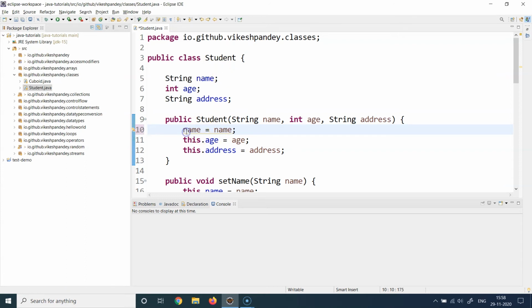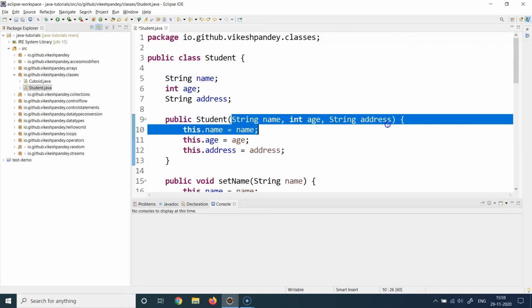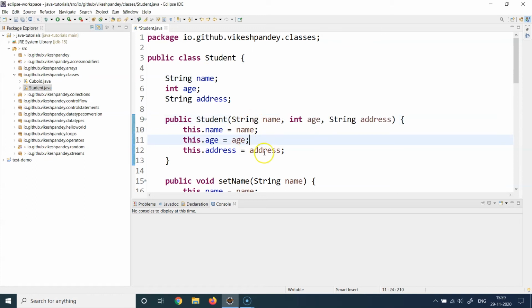So that's why we need to write this here, so that it's clearly differentiable: whenever I use this.name, I'm referring to the class's name property, and when I'm just using name, I'm referring to the method argument. That's what we do in this constructor. You basically initialize all the properties of your class with some values with the help of the constructor.